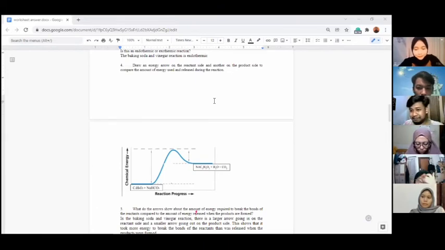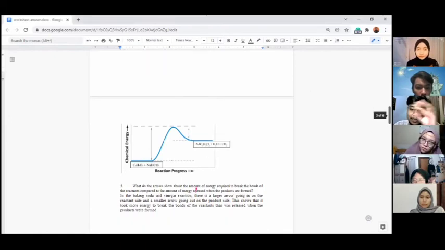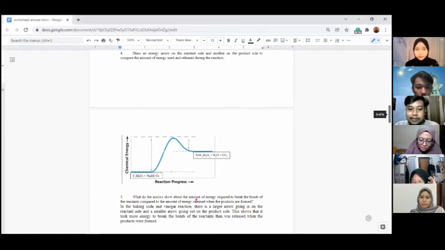Okay, sorry. For the next one, number 4, we have a graph here from our reaction. As you can see from the graph, the chemical energy tends to peak high as long as the reaction